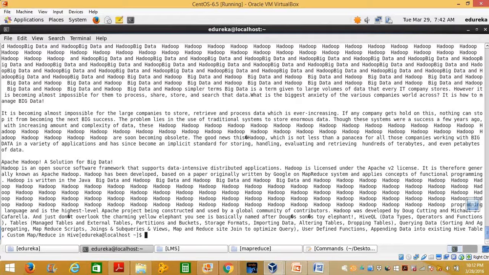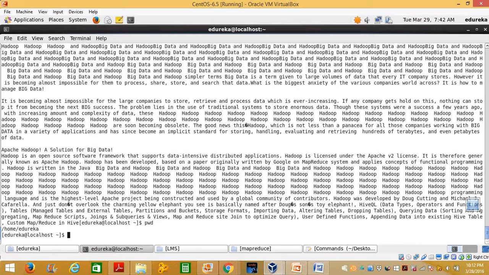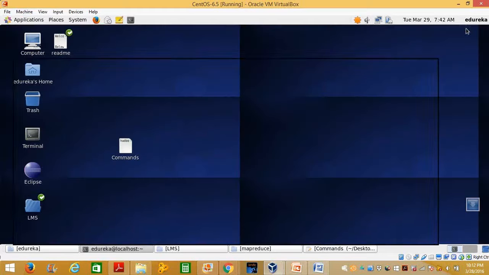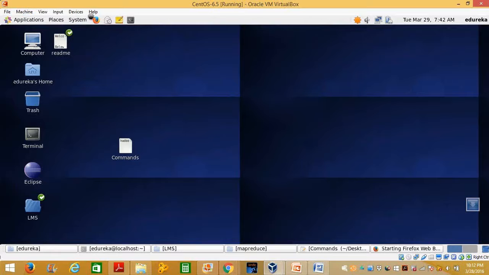Suppose when I use something like PWD, what is your home/Edureka is nothing but your local file system, right? It is nothing but your home directory of your local file system. Now, if you want to understand what is your home directory of the virtual file system, how can you know that one? What is the home directory of the virtual file system? When you go to this,